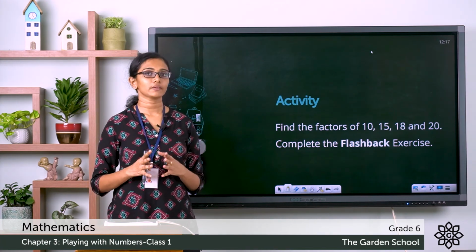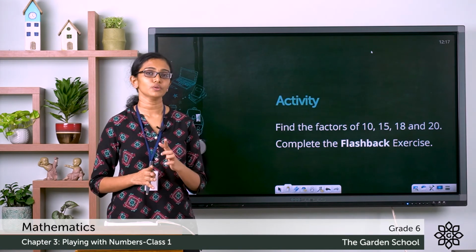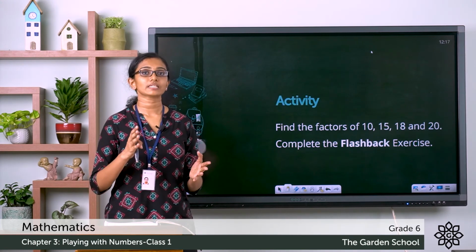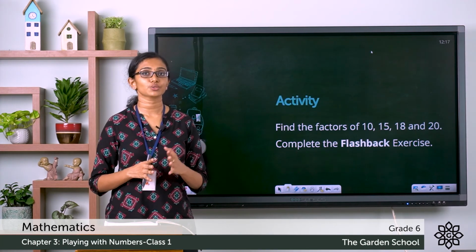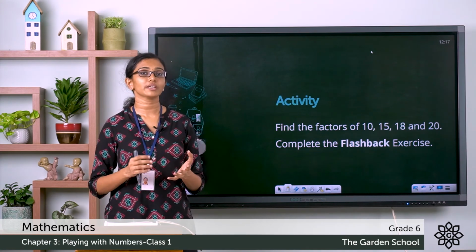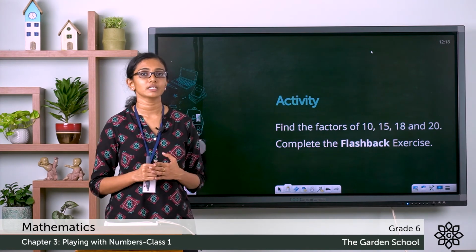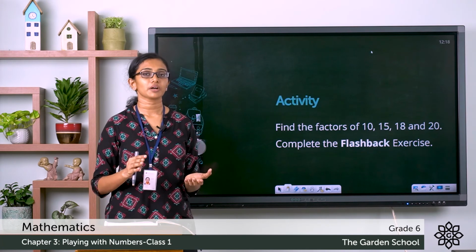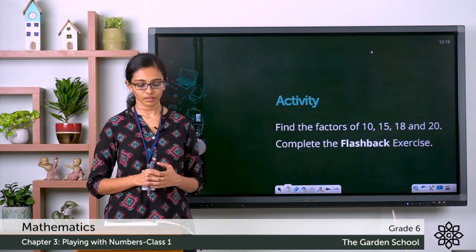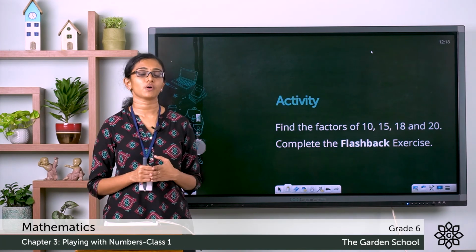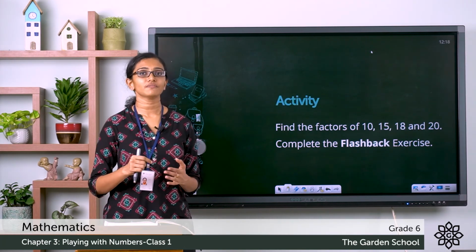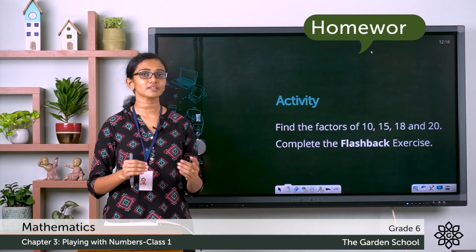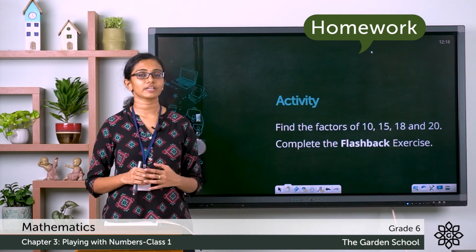In the pattern, we are given the product 48 into 5 is equal to 240. So, what would be 24 into 5? You know 24 is the half of 48. So, you know the answer to 48 into 5. Then how would you find out the product of 24 into 5 from that? If you divide the product of 48 and 5 by 2, you will get the product of 24 and 5, right? 48 into 5 is equal to 240. So, 24 into 5 must be half of it. That is 240 divided by 2, that is equal to 120. So, just observe that pattern given there and answer the questions given here accordingly.